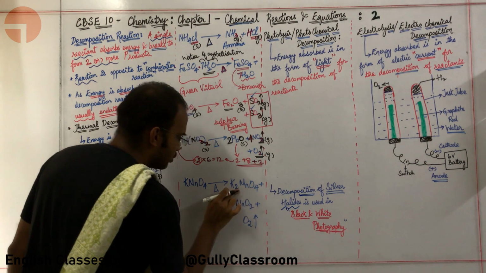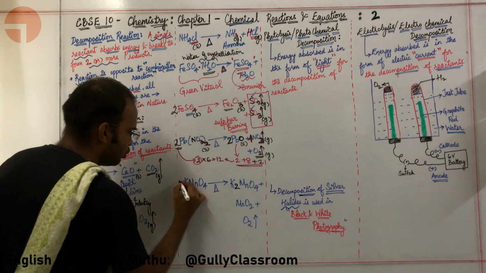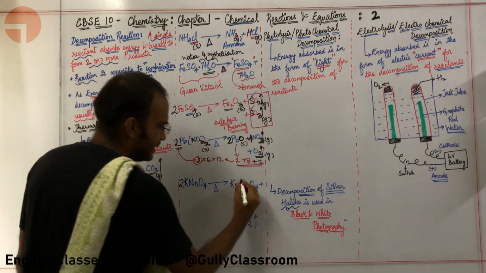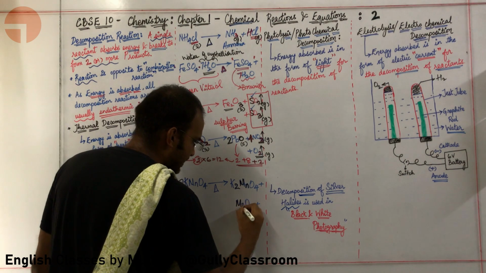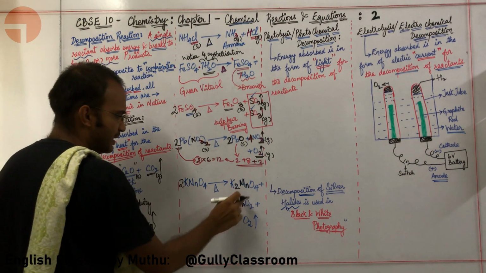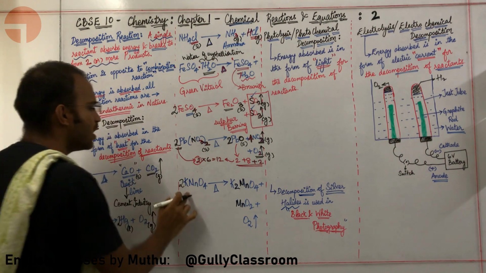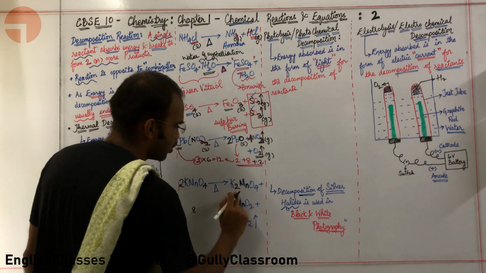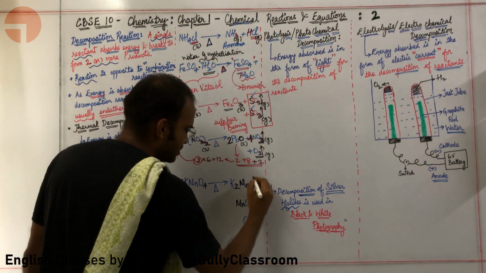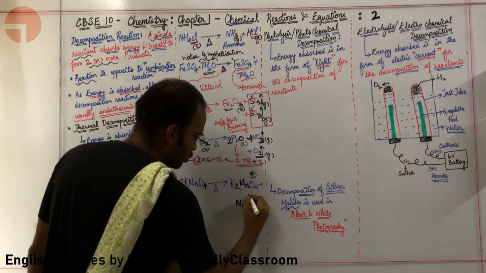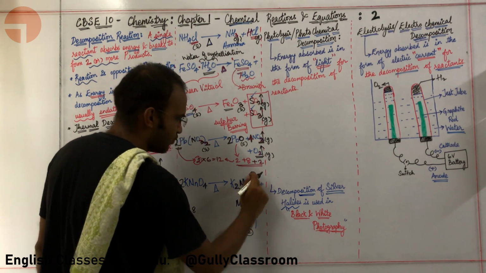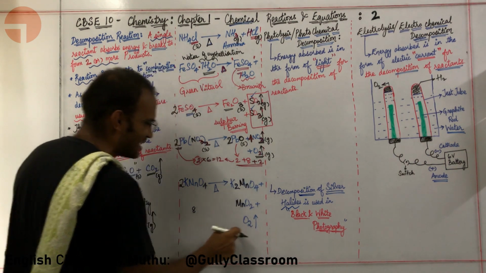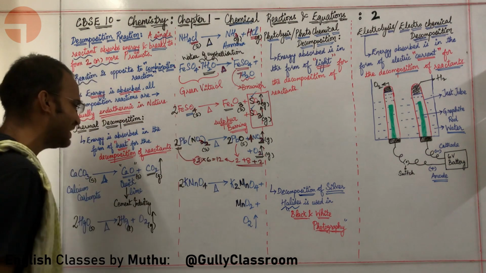Here there is 2K2. So in order to balance that, I am going to put a 2 over here. Now Mn is balanced. There is 2 Mn here. In RHS also there is 2 Mn. What about oxygen? 4 into 2, there are a total of 8 oxygen. Let us check over here. Here there is 4 oxygen. Here there is 2 oxygen. Here there is 2 oxygen. 4 plus 2 plus 2, in the RHS also there is 8 oxygen. So this is a balanced equation.